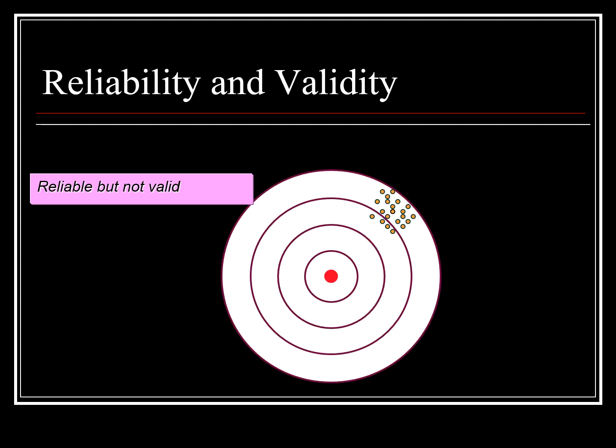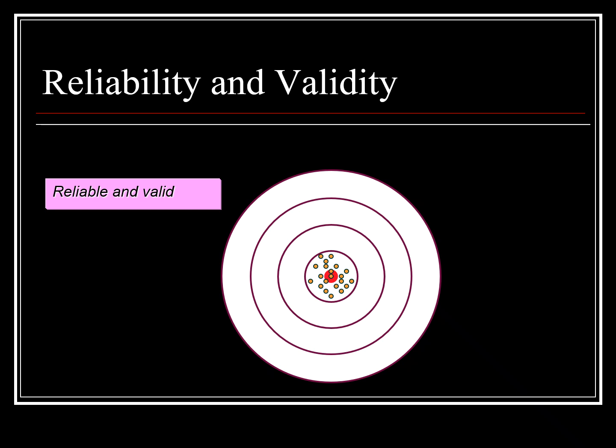So some final couple slides is just to kind of put these two together. This would be an example of a reliable but not valid scale. So think of it as a target, and each individual measurement is a shot at that target. If all the shots lump together, it's reliable. You are measuring the same thing. But if you're not hitting the bullseye, it's not necessarily valid. Likewise, if all the hits are around the same area, they seem to be measuring the same thing, and they're hitting the target, they're measuring what you're claiming it's measuring, it's reliable